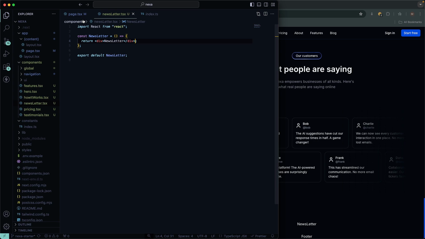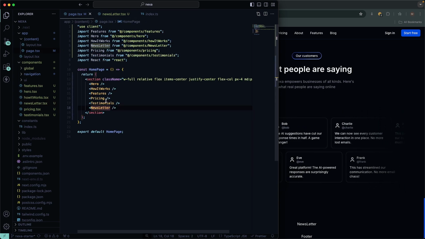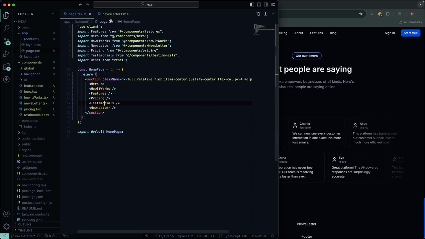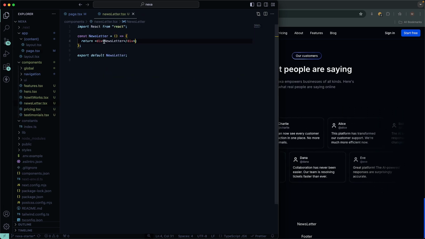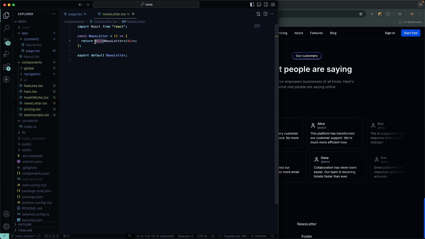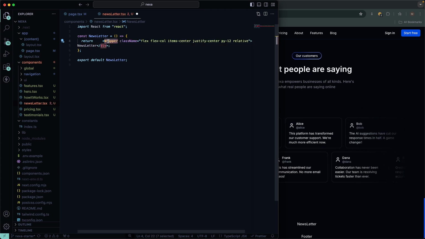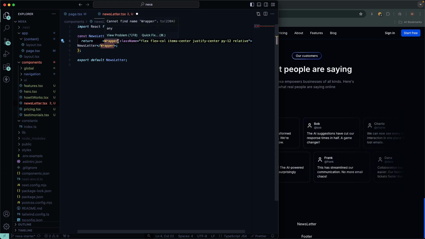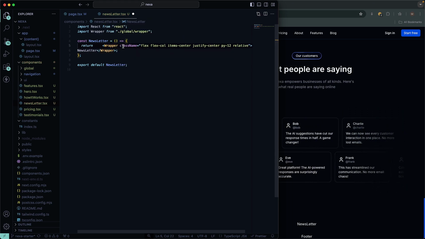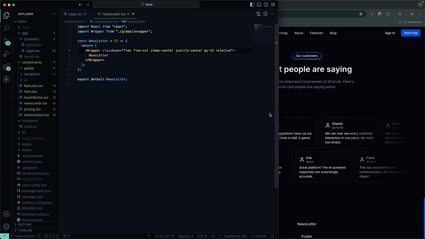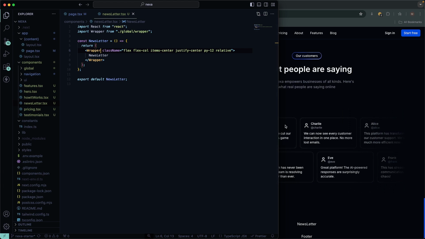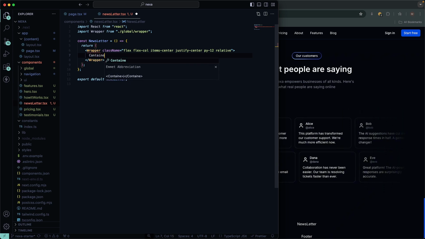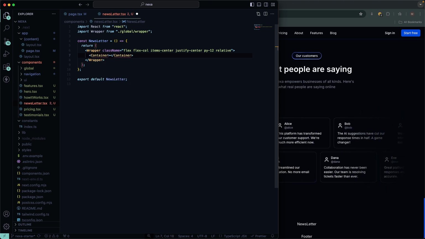I said I was going to copy this, but I forgot. So I'm just going to come back in here and I'll grab this. And then in here, I'm going to replace this div with this and also this. And then I'll import it, and that should solve all the problems. All right, we're moving forward. Next thing is going to be container, and